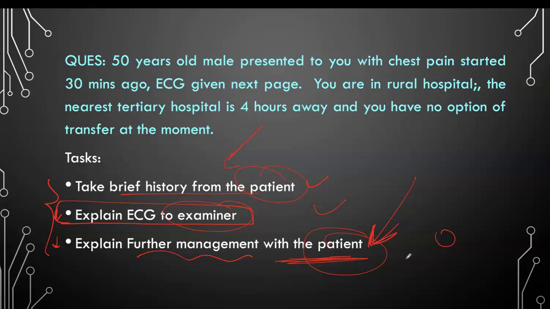So you are going to talk to a cardiologist in the tertiary hospital, and then depending on the cardiologist's opinion, most likely you'll be able to go for thrombolytic medication in this patient, given there is no contraindication of that. Okay, so management should include all of them, not just thrombolytic. Monotherapy, you have to say aspirin. If you don't say aspirin, the case cannot be passed.